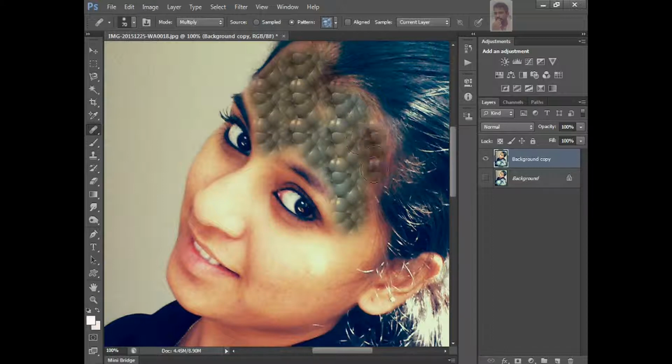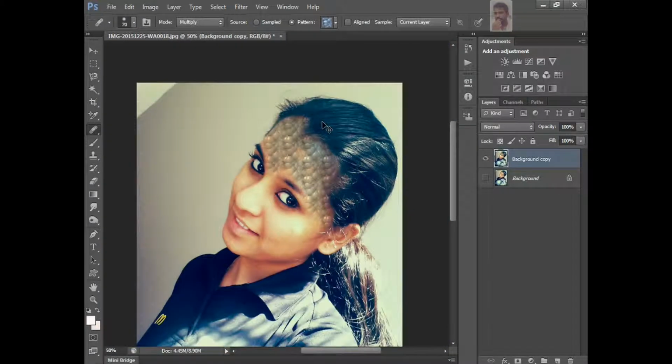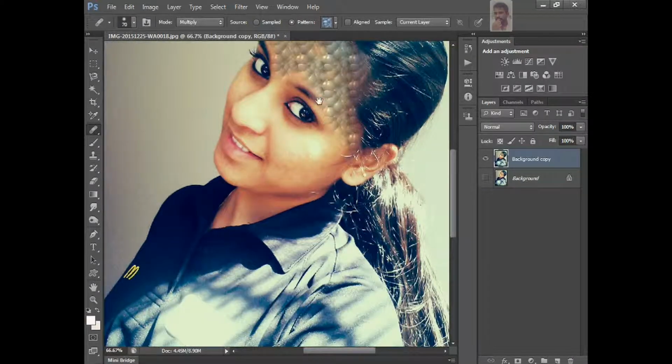See how it's changing. Now remove. See how it's applied. The image has a different effect, right?